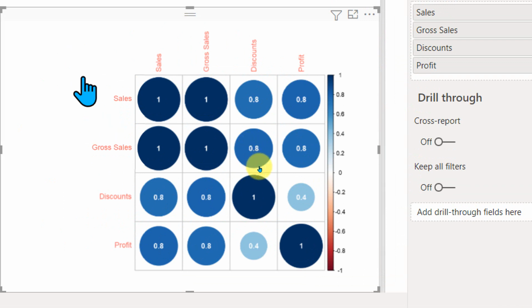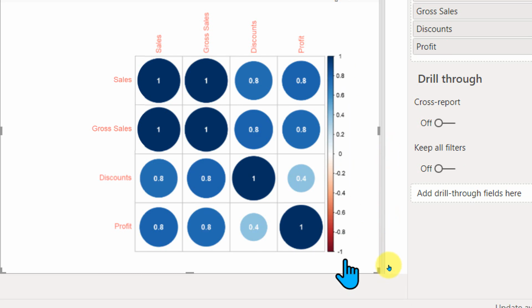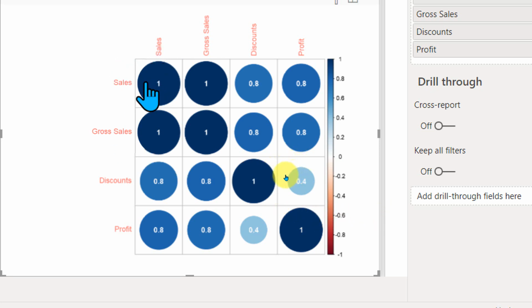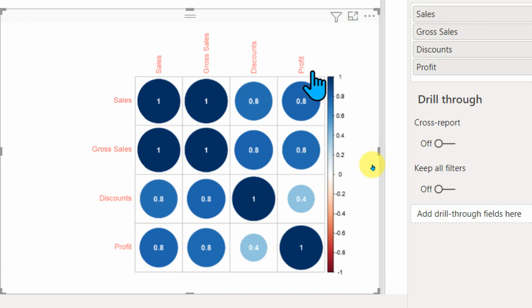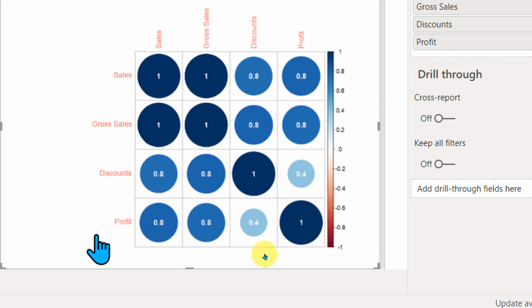Okay. So now what it says is, if it gives +1, then it means it has a good correlation. If it gives -1, then it means it has a negative correlation. If it is 0, then it is neutral, neither positive nor negative correlation. So here in this example, you can say the sales is 100%, I mean +1 for the sales. Yeah, that's correct. Also for the gross sales. And if you look here at the profit and discount, when there is a huge discount, then it means the profit is less overall, you can say. And also the same applies here.